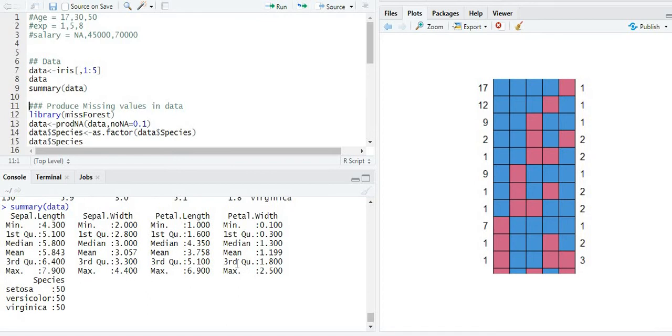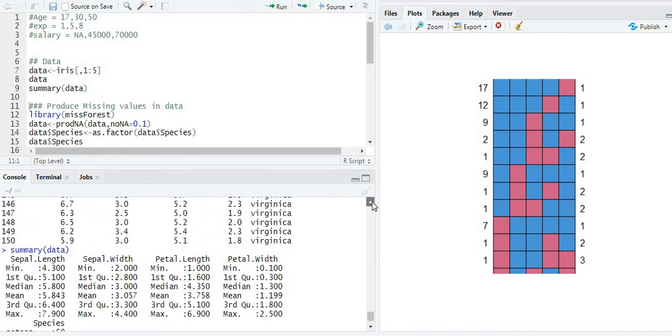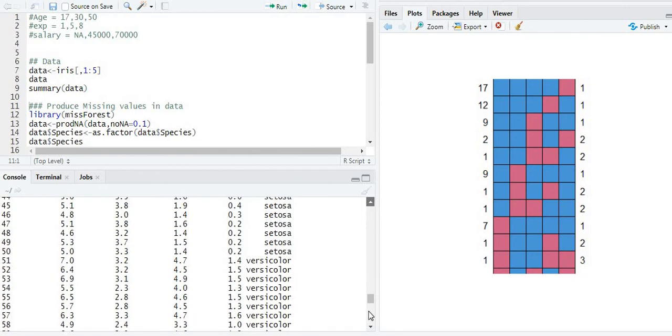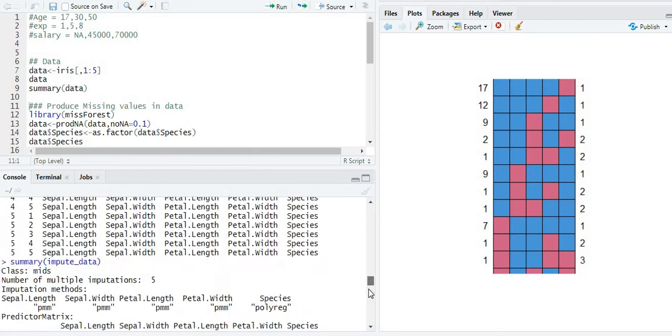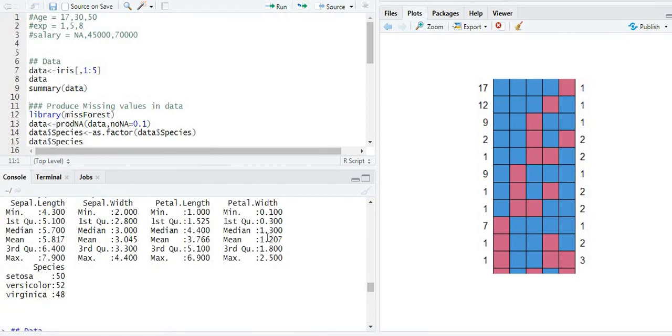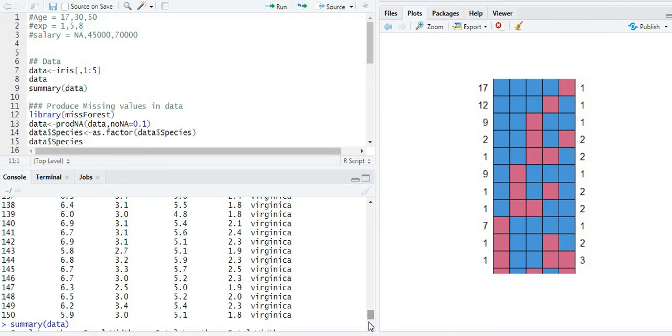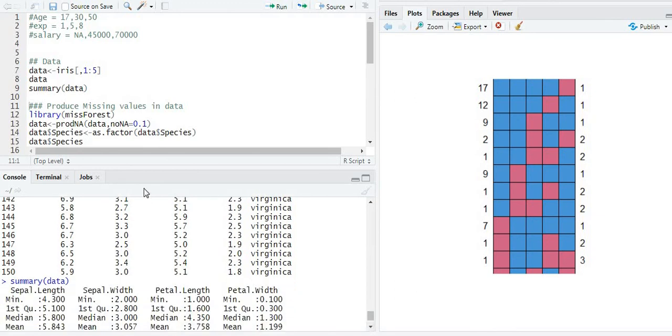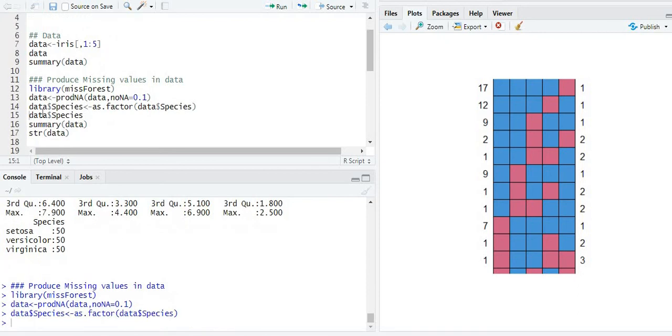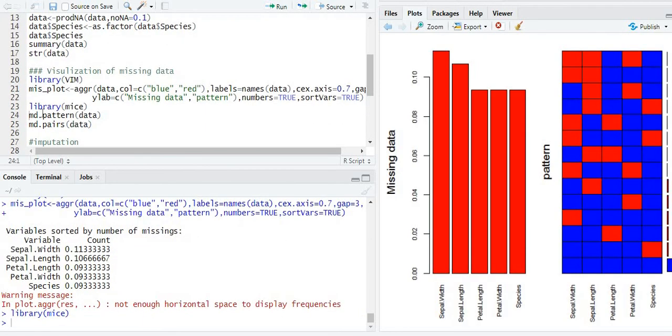Let's take the petal width. Petal width consists of a minimum value of 0.100, and let's take the median equal to 1.300. In our new data, you can see here, new data after using the mice library, let's see the median of petal width. You can see it is quite similar. So you can see there is much similarity between the petal width statistics of the new data and the original petal width statistics. So that's why we can say our mice library works very well on our data.